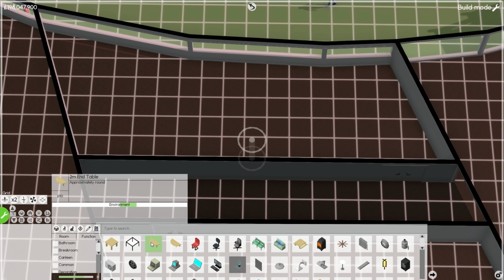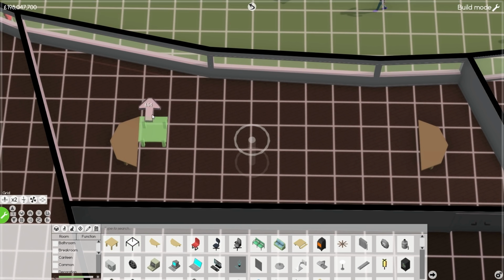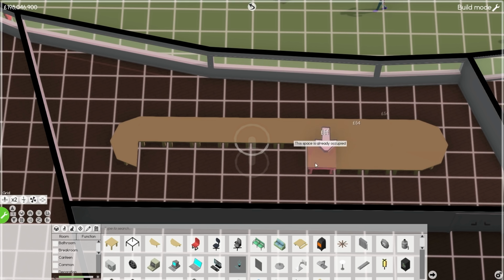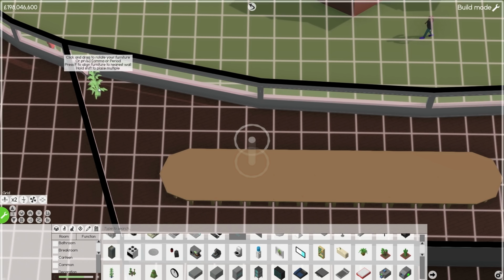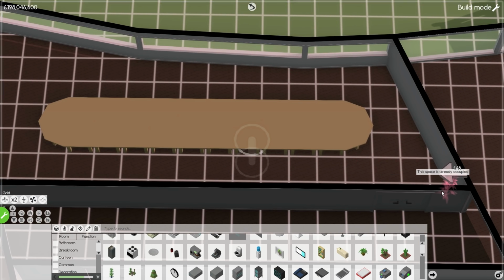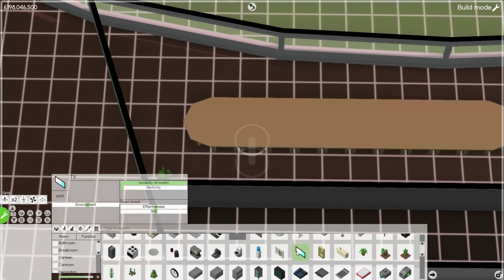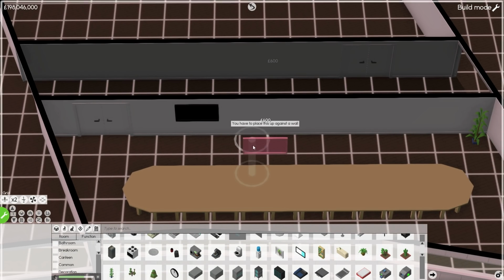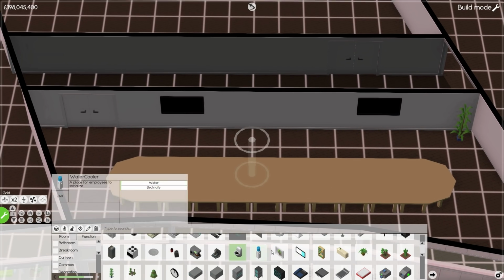Let's see what we can do for tables. I think we will use these end tables to sort of cap off the room a little bit like that. And then the space in the middle is just going to be a whole bunch of regular old tables like this, which I think is perfectly fine. We could maybe put a plant in. It'd be nice to get a plant in one of the corners. I guess that corner sort of works. And then maybe a TV up on the wall. I don't know, there and there perhaps. We can't get one in the middle, but that's all right.